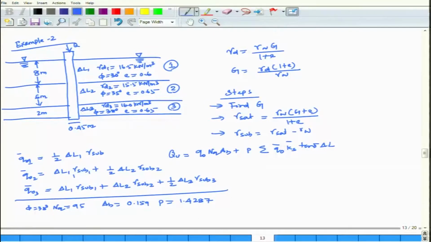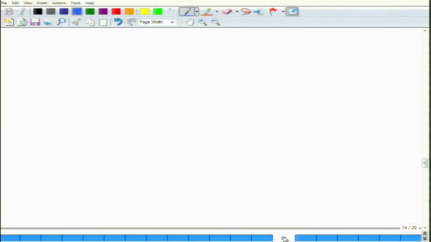Then Ks you can find it out. Ks is equal to half tan square (45 degree plus phi by 2), which is equal to half Kp. Let me start with this. For each case, let me find it out. For layer 1,